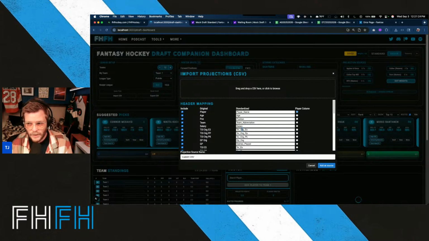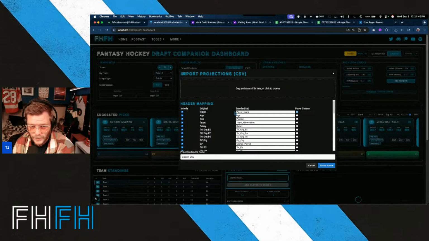So if you're going to be using the draft dashboard here, you want to set it up probably like 30 minutes before your actual draft, because there's a little bit of curating that you need to do. This is not something that you can just open the same time as first overall is going. So to import the